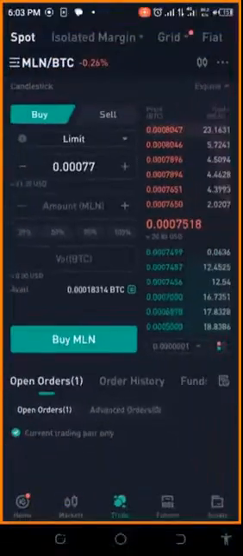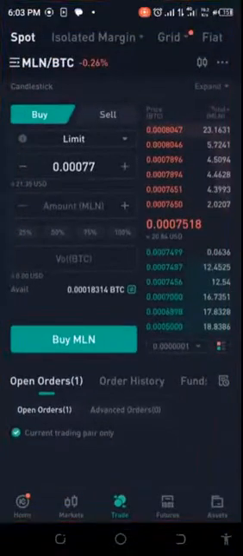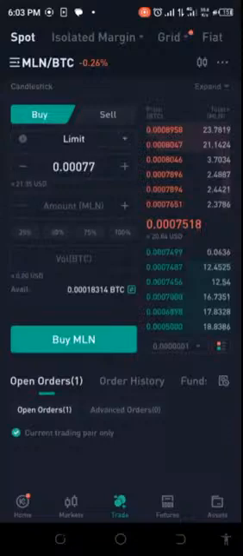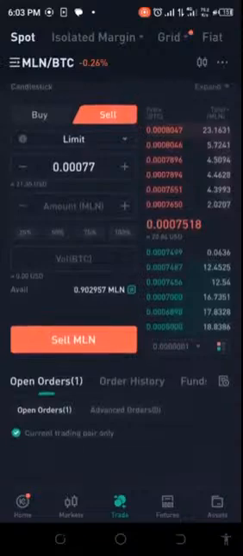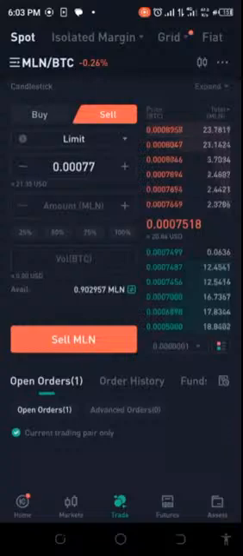I'm a bit confused. Let me check this out. What's going on here? Have I sold all my MLN? Let me go ahead and check. It seems like I actually got it sold. My MLN, okay, now I get it. I had already sold part of it. Oh no. So what that means is, I had sold part of it. Okay, so if I had sold part of it,